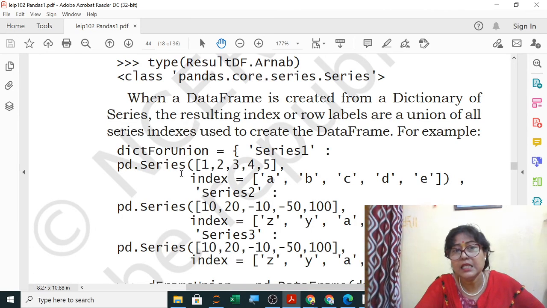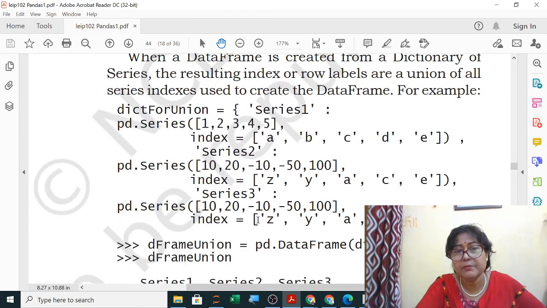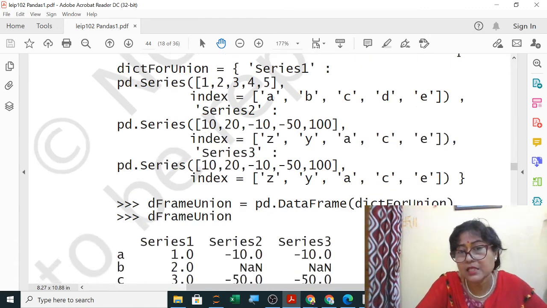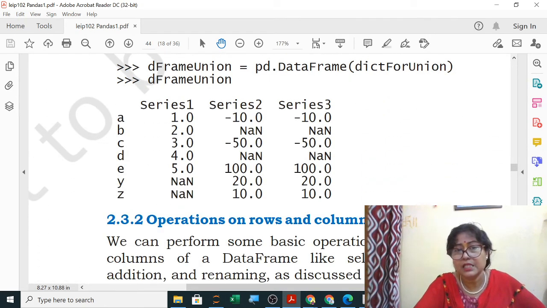Now in a series you can have here like series 1. So this is a second method in which series 1 is given using pd.Series, series 2 is given, series 3 is given, and you are using this dictionary. So in a dictionary you have stored. So best is using the dictionary, it is very easy.